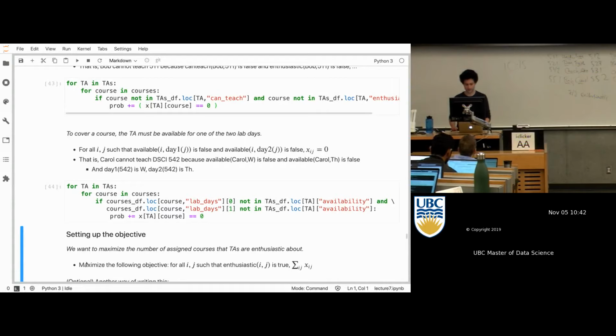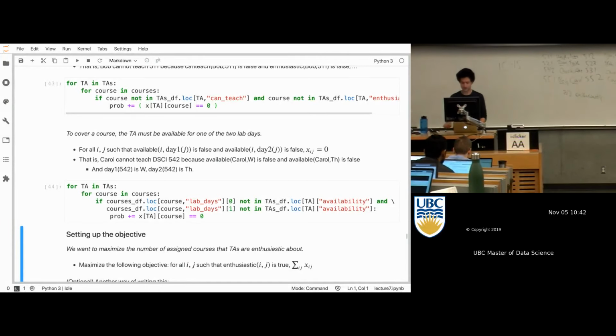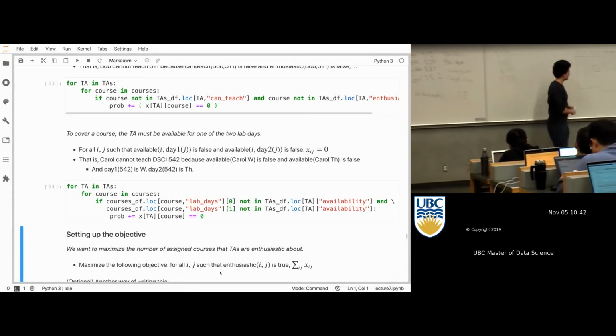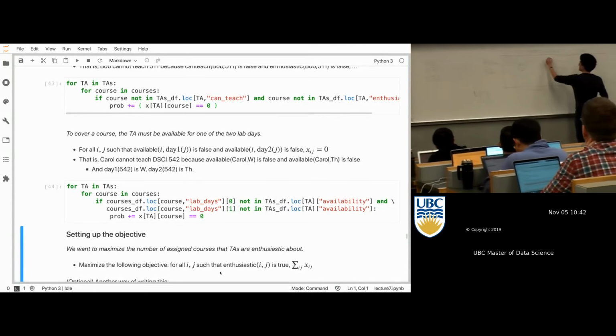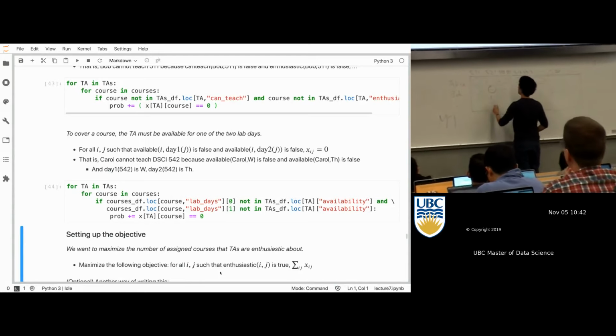So our objective is we want to maximize the number of assigned courses that the TAs are enthusiastic about. So here's what I'm going to do. Let me take another color, blue. Each TA has a list of what they're enthusiastic about. So maybe Alice is enthusiastic about 511, 521, and 512, and maybe Bob is enthusiastic about 511 and